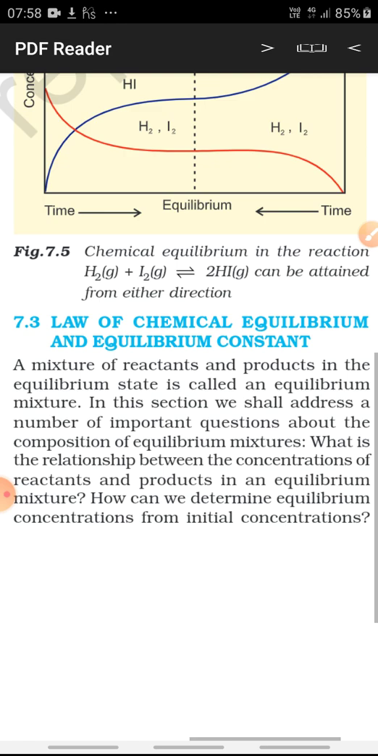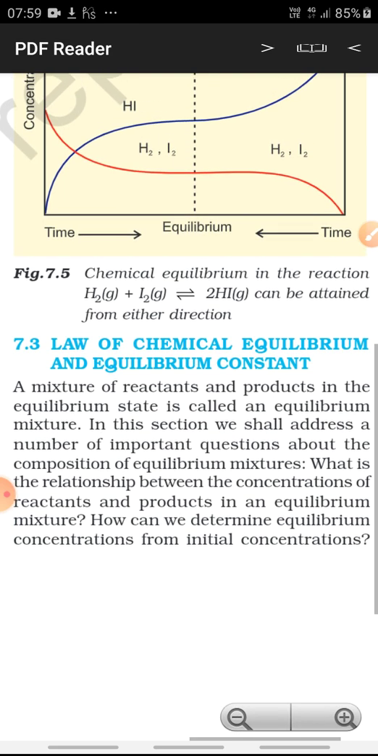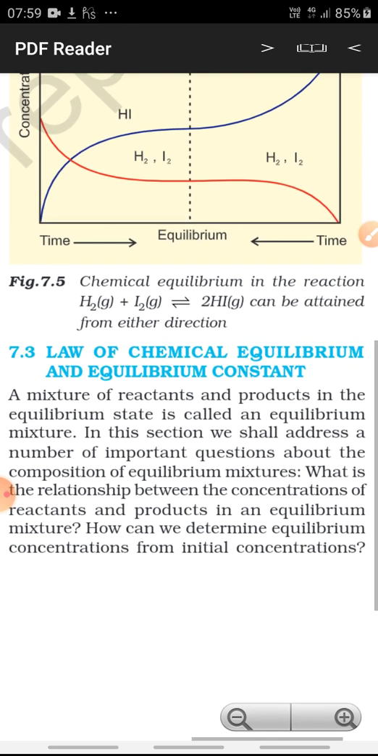I have told you what is the meaning of the term equilibrium. I have told you that equilibrium is a state which is reached in a chemical reaction when the rate of forward reaction becomes equal to the rate of backward reaction, and to denote equilibrium we use a double-headed arrow. Now today we'll proceed further with the law of chemical equilibrium, and we will get to know what is an